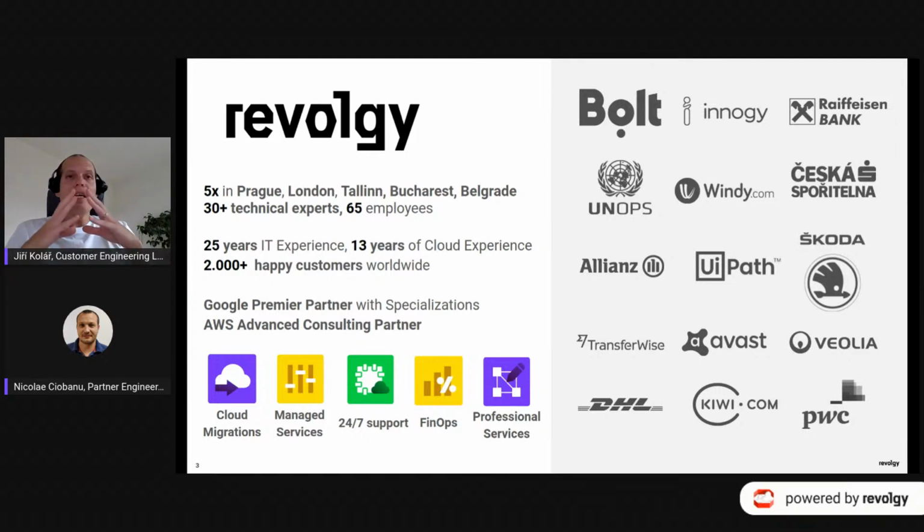More importantly, we have about 13 years of experience in cloud. So we are doing exactly what I mentioned. We are helping our customers to migrate into the cloud and also use the cloud in a simpler way, right? We are a Google Premier Partner. We worked with some interesting customers, which you can see on the right.